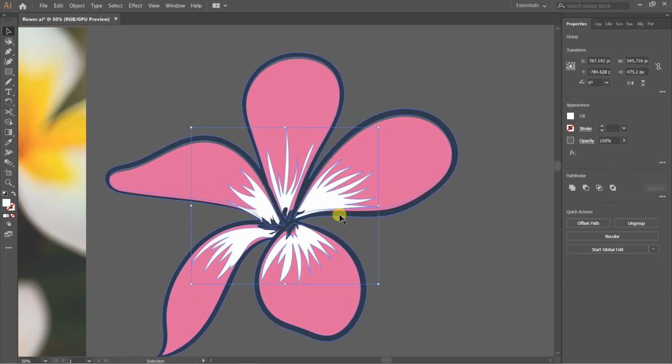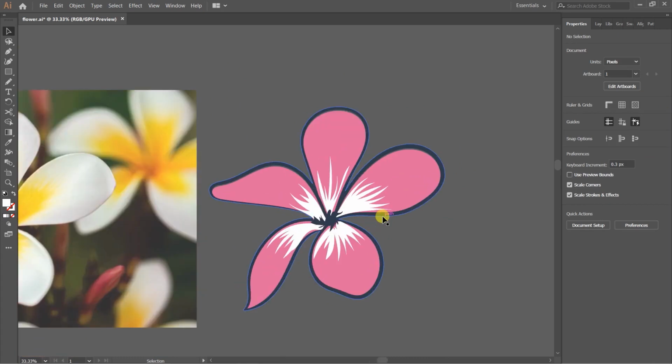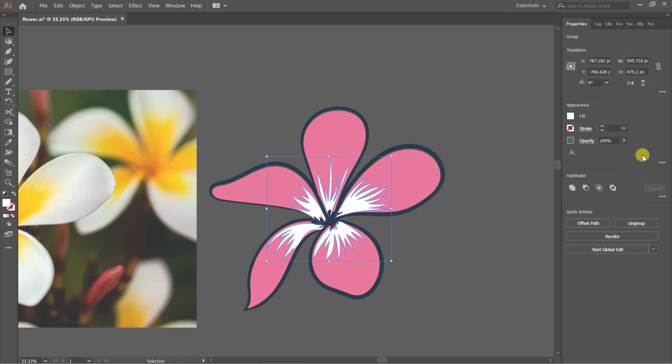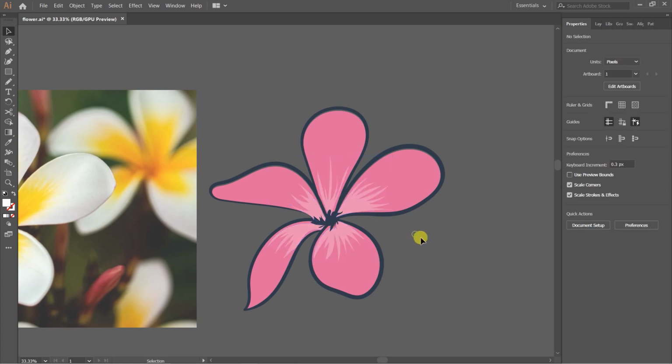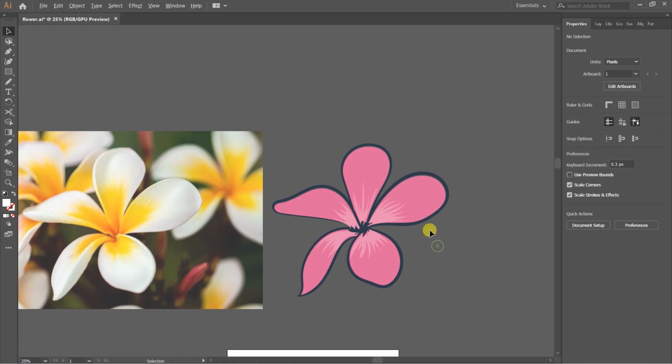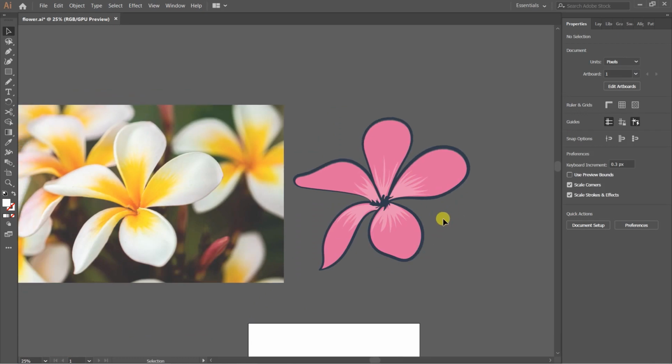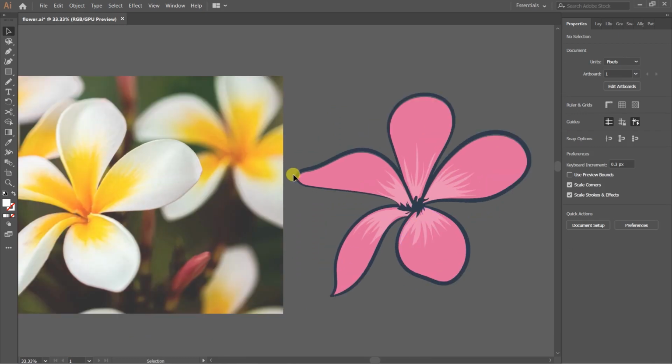Okay, so this white color is not this much white and bright color is not suiting actually. I don't want it to be like so. So select this one. I just want it to be a little lighter pink. So let's take its transparency down. That's great. Okay, now what we have to do is finally